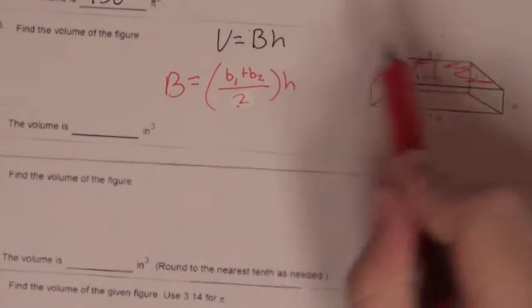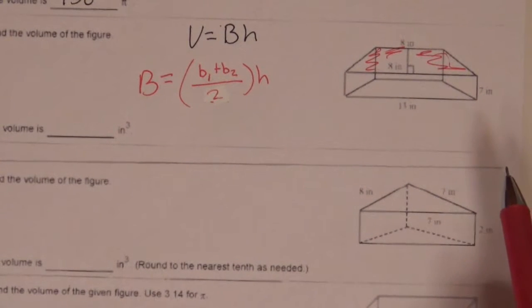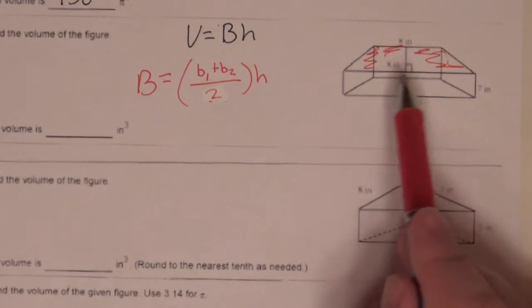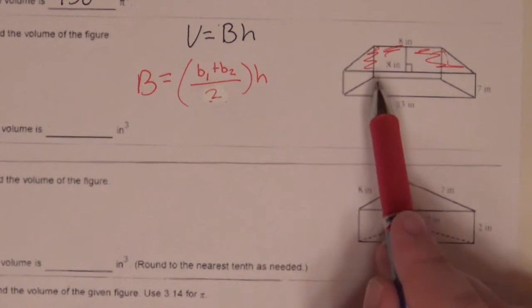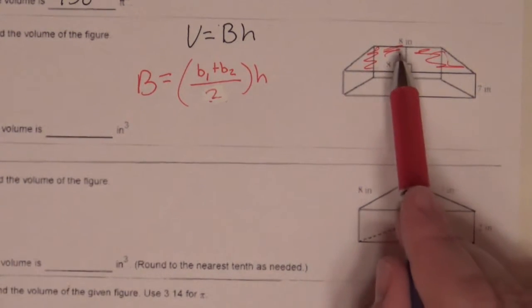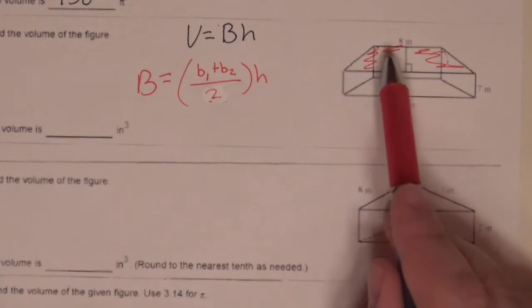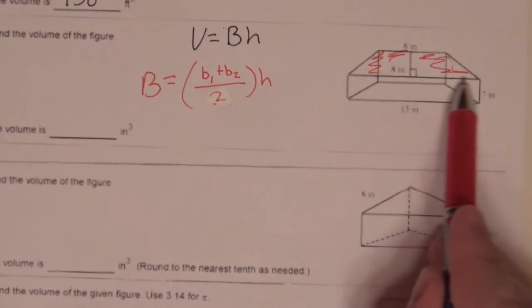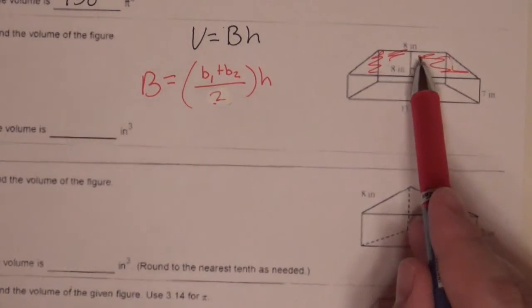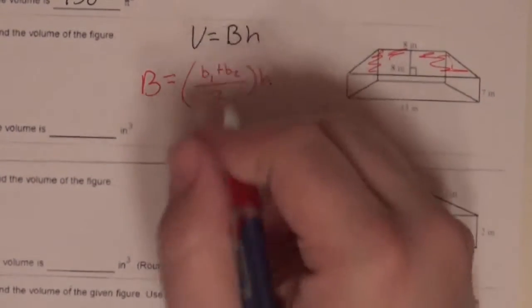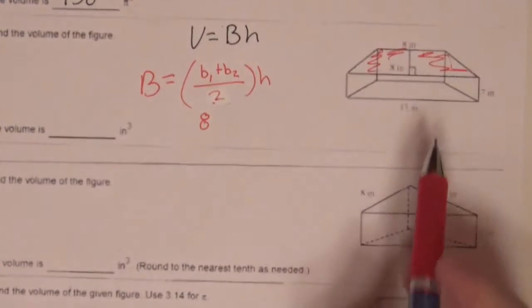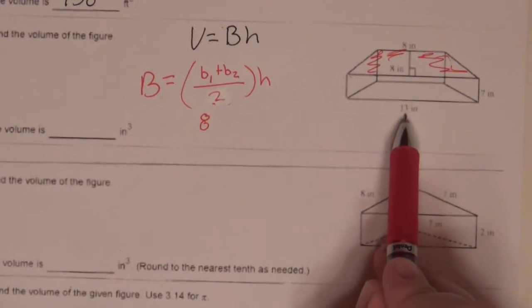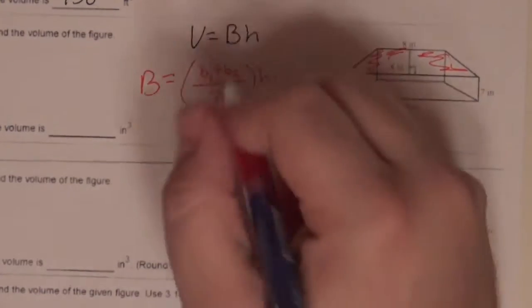So what goes where in this particular problem? Well, let's make sure we understand the shape we're looking at. We're looking at the trapezoid. So what are our two bases? Well, bases are always parallel. So we're looking at this line right here and this line right here. This line we read to be 8 inches. So our base 1 happens to be 8. This line here is the same as this one, so we know that's going to be 13